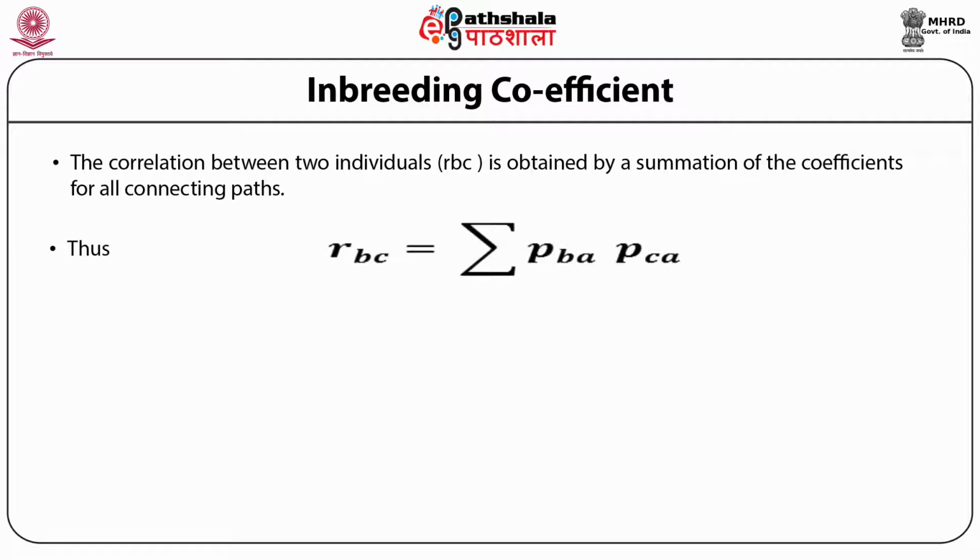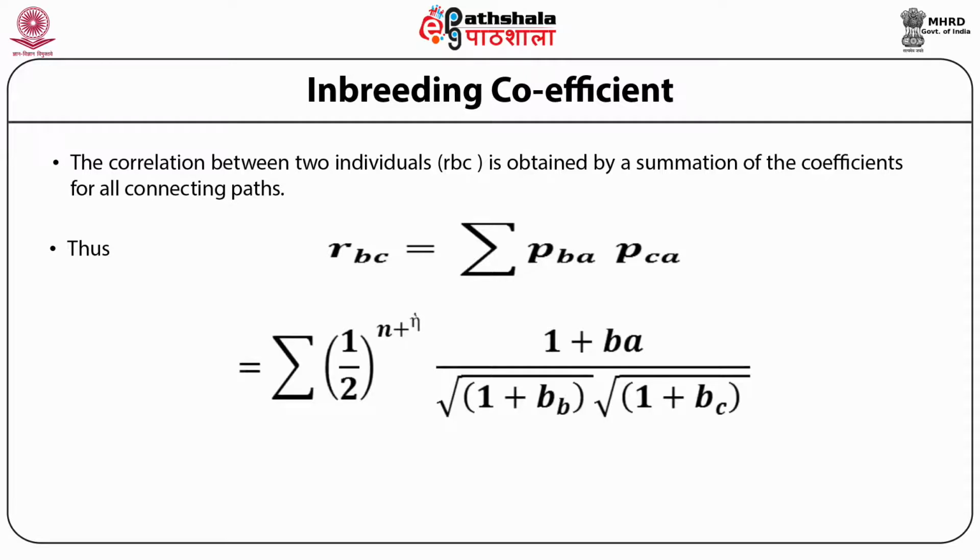Thus, RBC = ΣPBA PCA = Σ(1/2)^(n+n') (1 + FA) / (√(1 + FB) × √(1 + FC)),